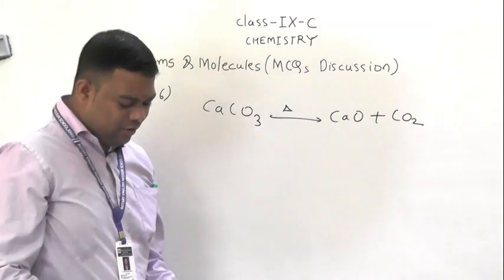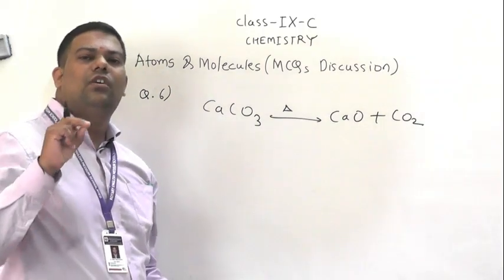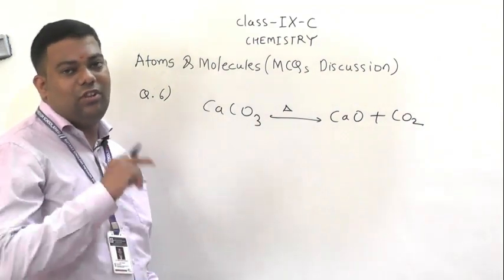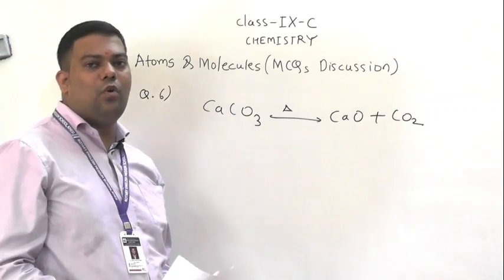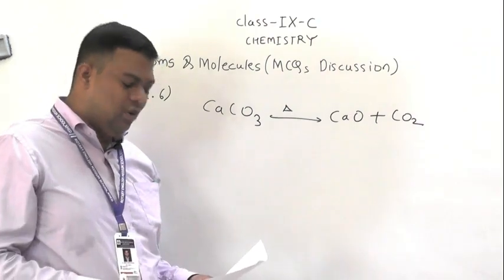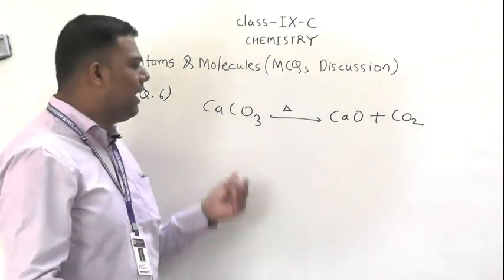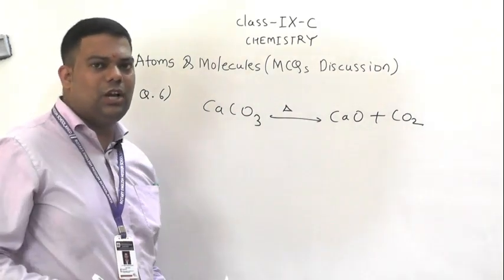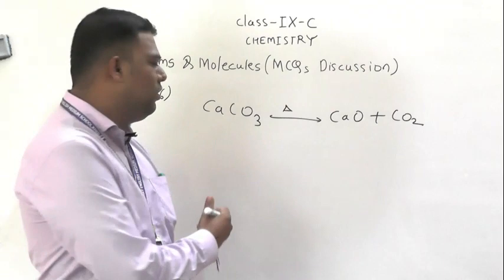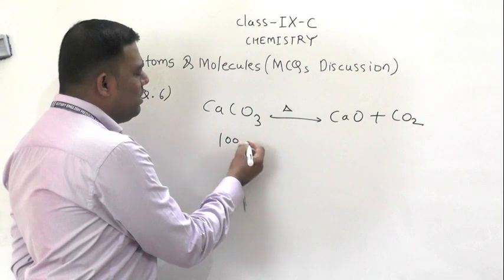Understood? So whenever you are calculating such type of numericals, you have to first find out the atomic mass or molecular mass. Then with the help of that ratio we can find out how much quantity we want. Okay, so here they gave 400. Before that you must know the actual molecular mass of this. So see, calcium carbonate, yes, we solved such a numerical in a previous worksheet also. So you can refer to that also. So calcium carbonate, molar mass how much? Yes, 100 gram.